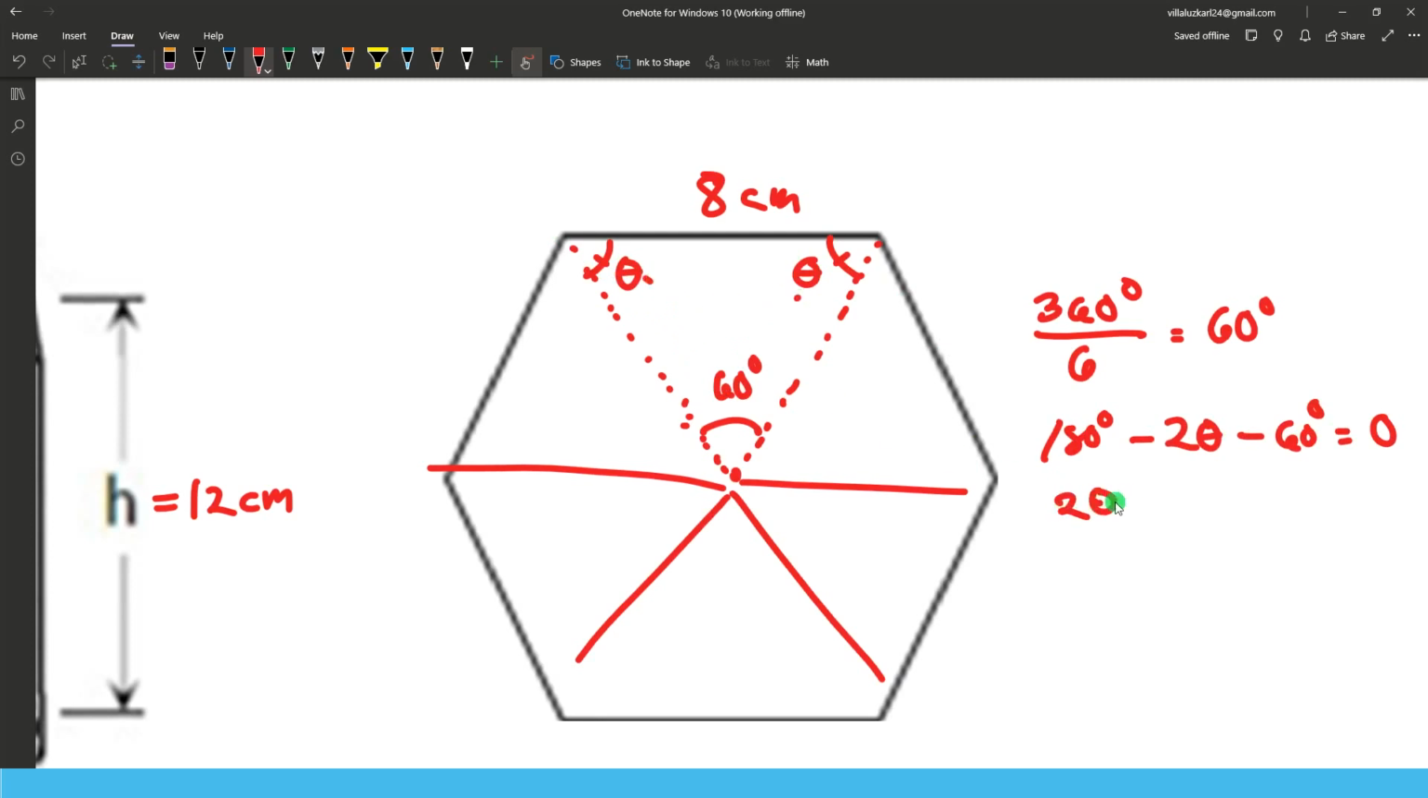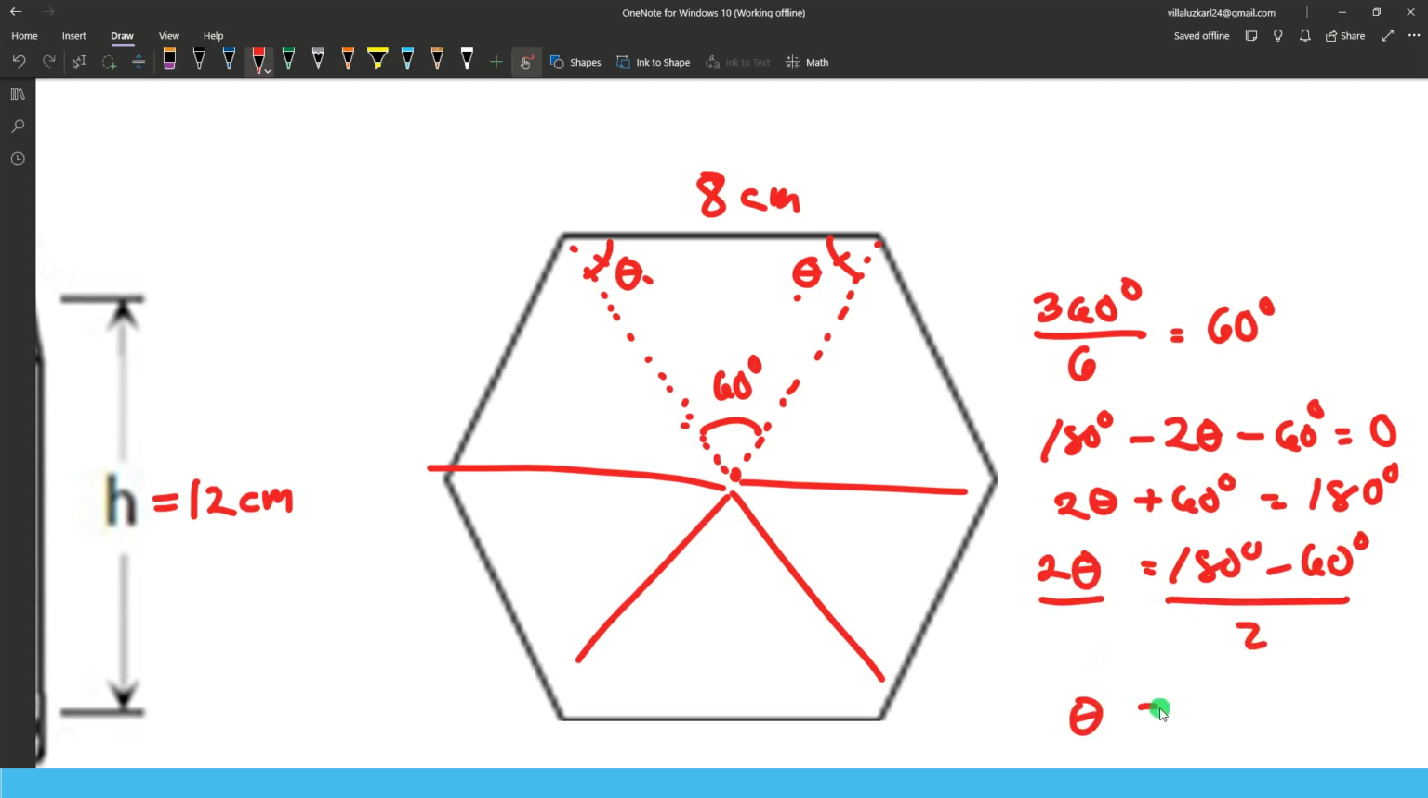2 theta and 60 should be 180 degrees. So to find theta, just subtract 180 by 60 and divide it by 2. So theta is equal to 60 degrees, which means this is an equilateral triangle, which means all of the sides are also equal. If their interior angles are equal, their opposite sides are also equal. So that's 8 centimeters,